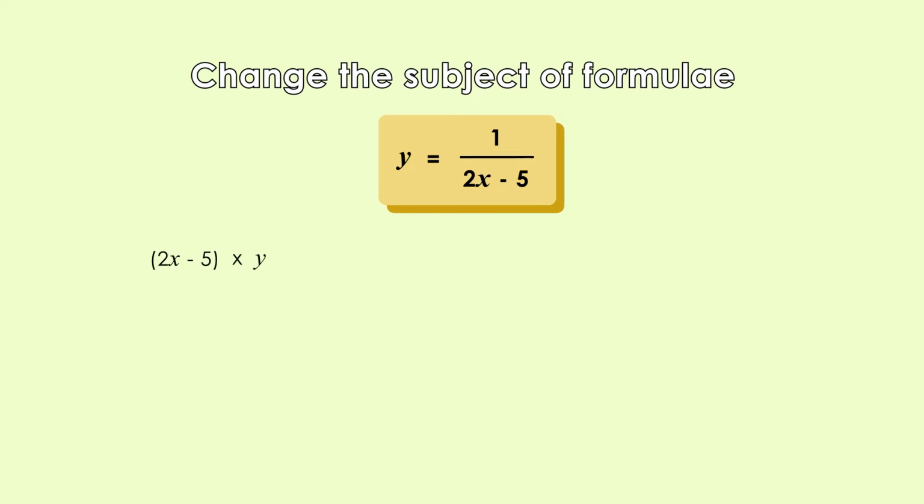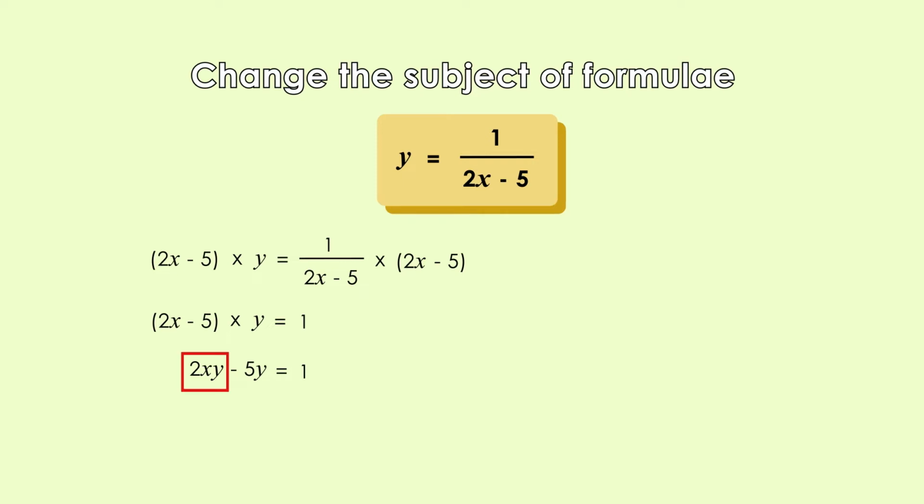2x minus 5 times y equals 1 over 2x minus 5 times 2x minus 5. Hence, we get 2x minus 5 times y equals 1. Expanding the brackets will give us 2xy minus 5y equals 1. Now we only need to leave the term with the variable x on the left